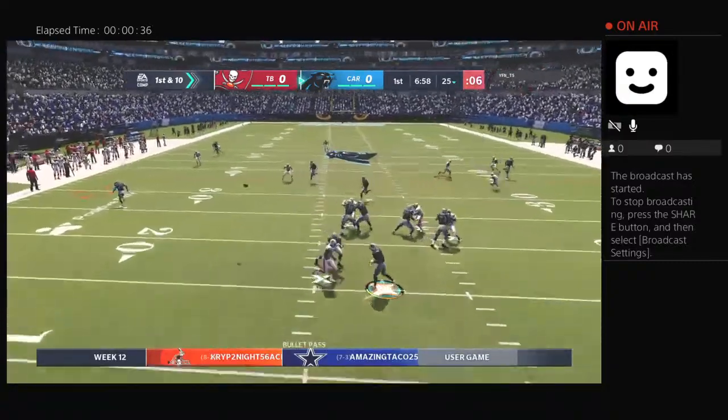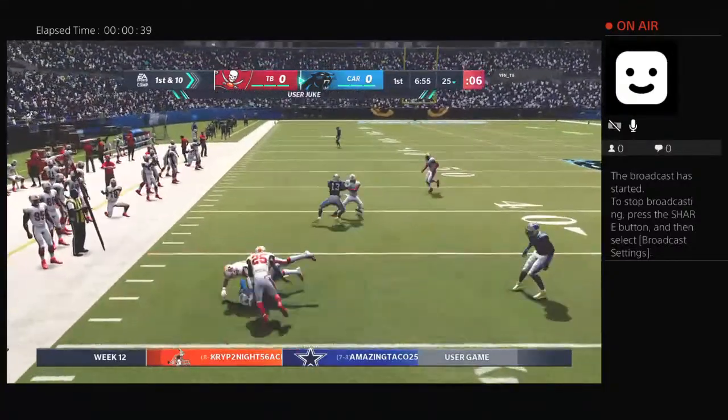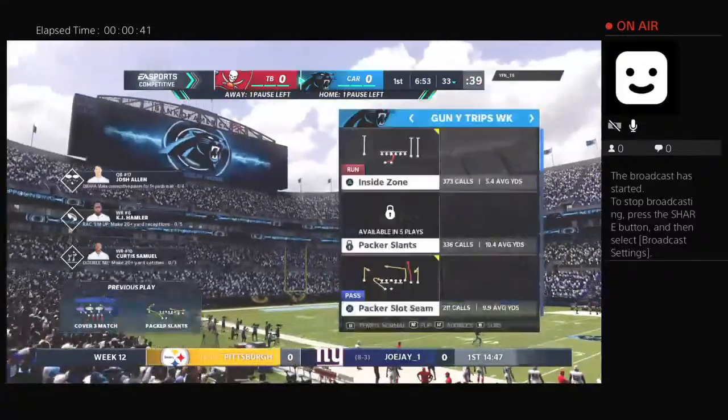Allen now on first down. Got a man. It's Gibson, complete. And the result here, a pickup of...